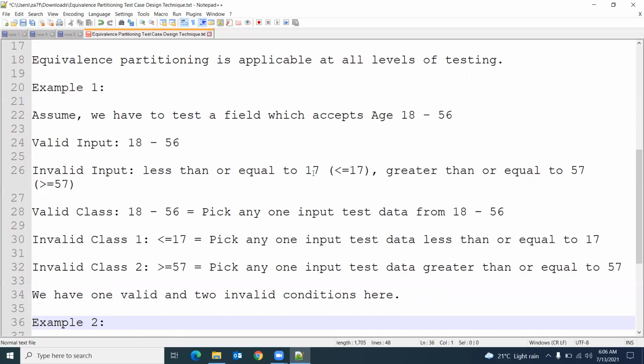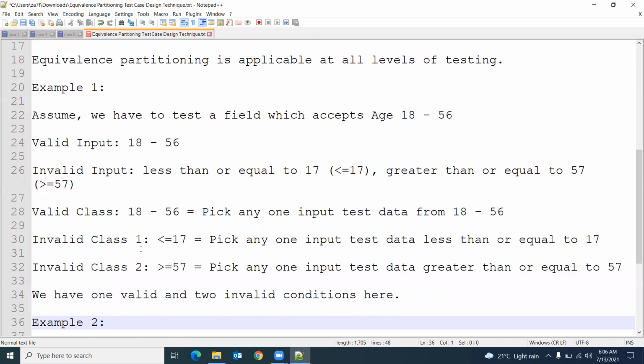If you want to use greater than 17, that means 18, which is a valid pick. Less than or equal to 56 is also valid. Any one value we can pick, and then we can validate our test case.